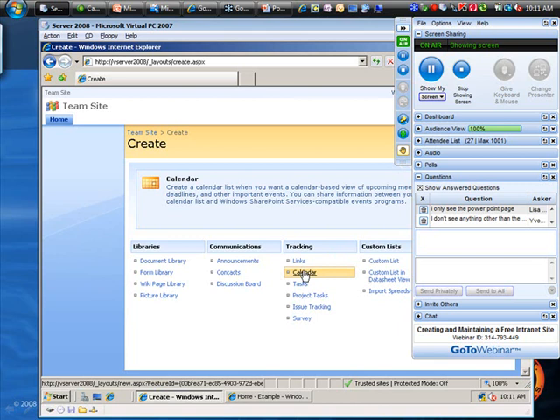Calendar, this would be a calendar that's put inside SharePoint. Again, if you want to link to a public folder